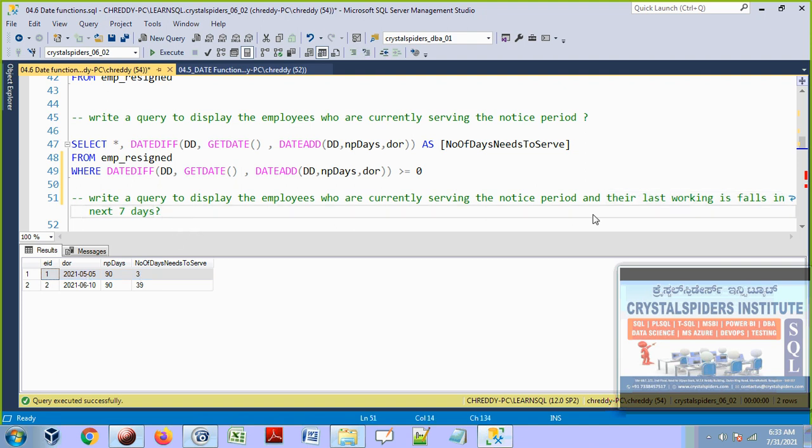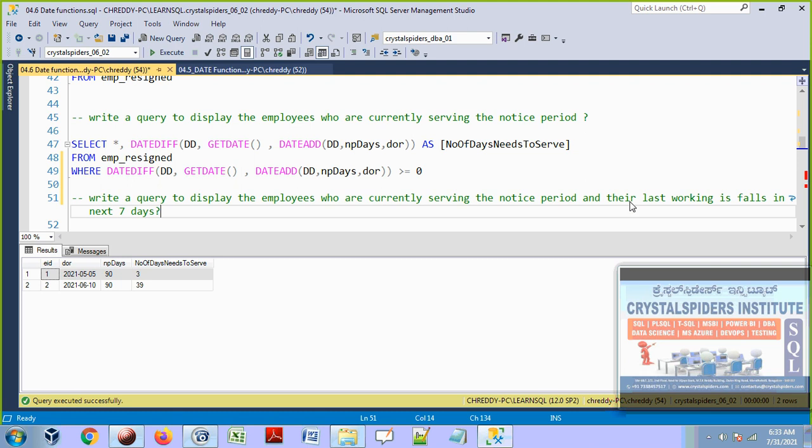Most of the time, people will be looking for those who are going to celebrate their birthday in the next 7 days, because I am going to order some gifts for that person. Or who is going to be released in the next 7 days. Which products are going to be delivered in the next 7 days, or the next 10 days, in the future, whose date is falling in the future dates.